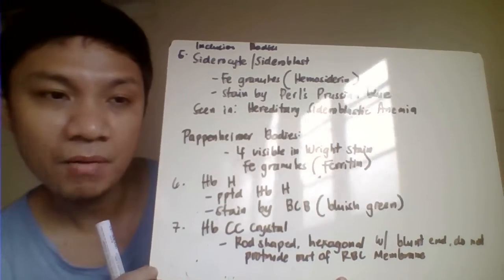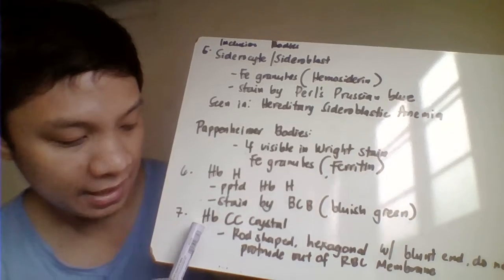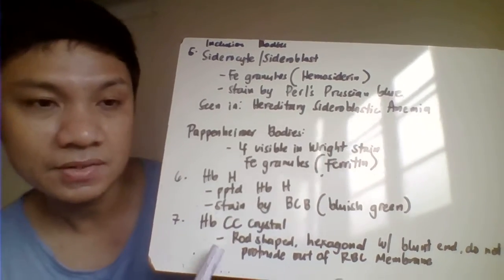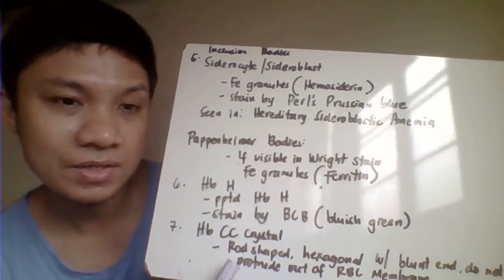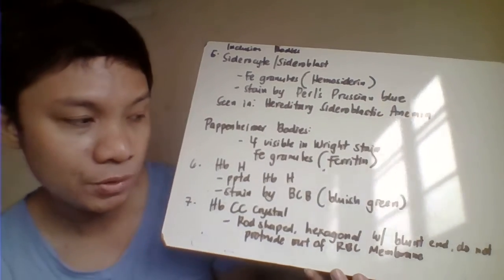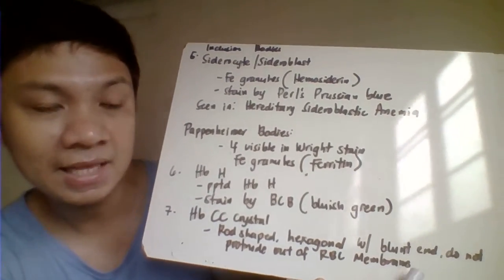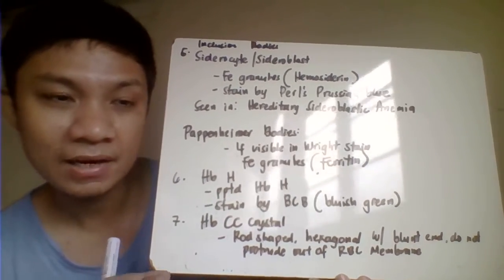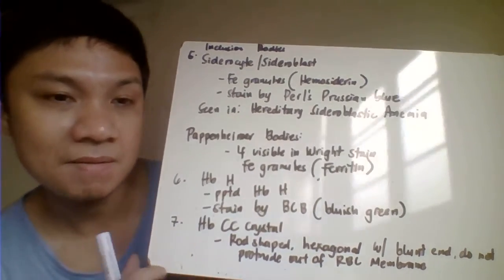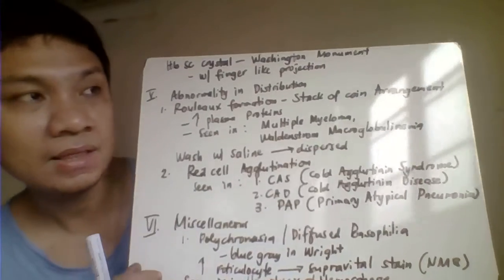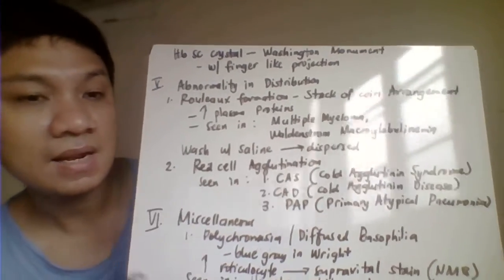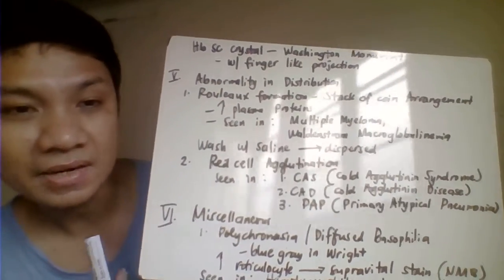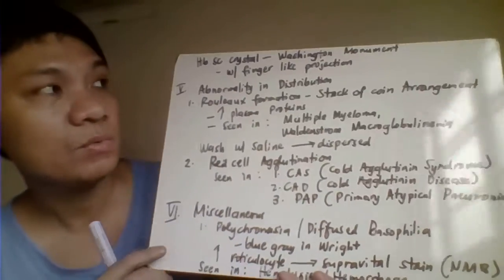Okay, next we have your hemoglobin C crystals. Hemoglobin C crystal is your hexagonal, rod-shaped crystals which try to protrude at the blunt end, and it does not go beyond your RBC membrane. Comparing that one with your hemoglobin C crystal, or SC crystal I mean, okay, that one is your